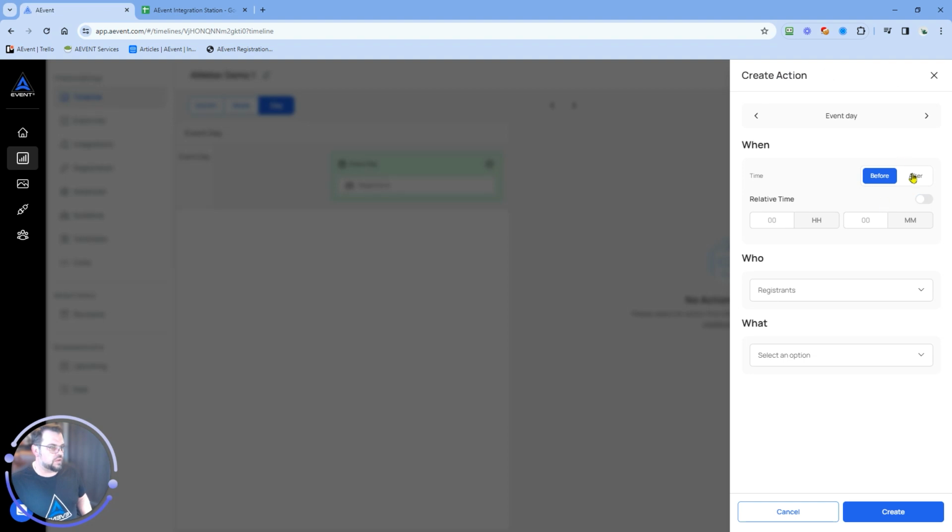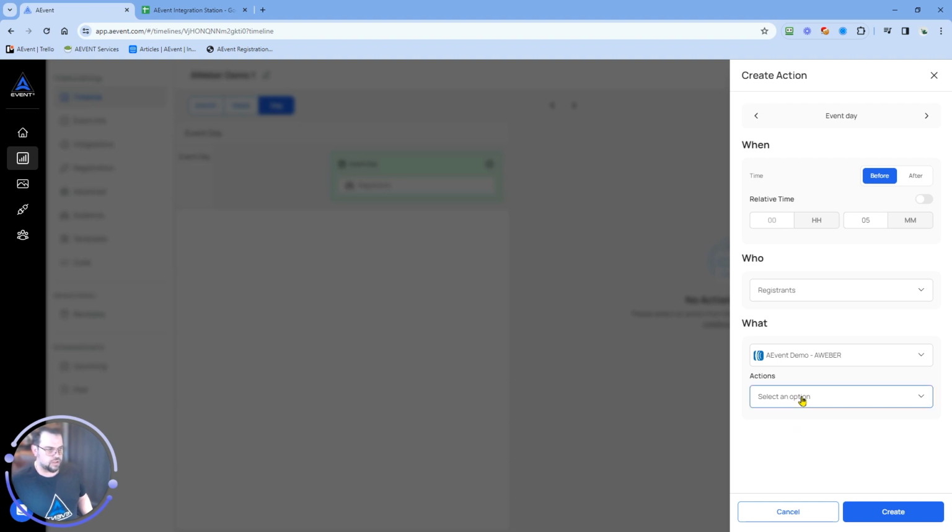So what we can do is go before. We'll just do relative time. Just for the purpose of this, this is the same thing. So you can set the times up wherever you want to set them up. It's the same process on what you want to do on setting up the actions. So this one here, we'll just have 5 minutes beforehand. We want all the registrants to,